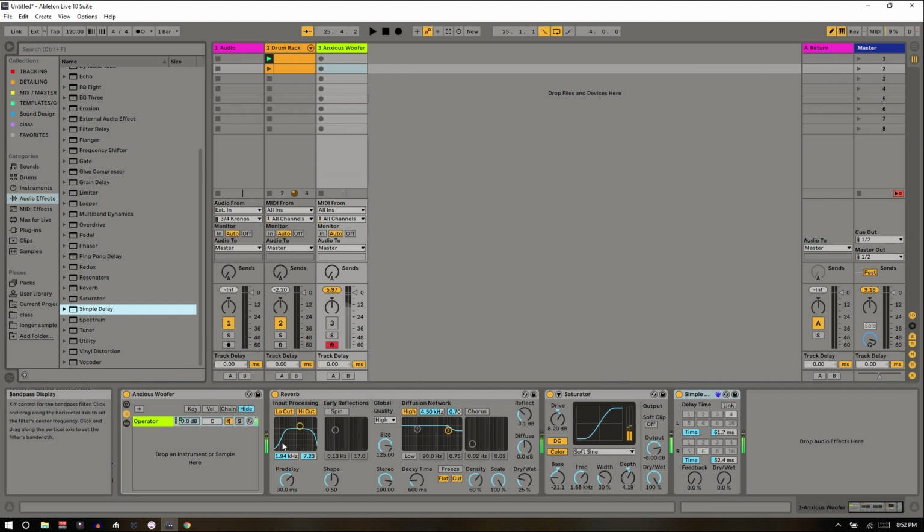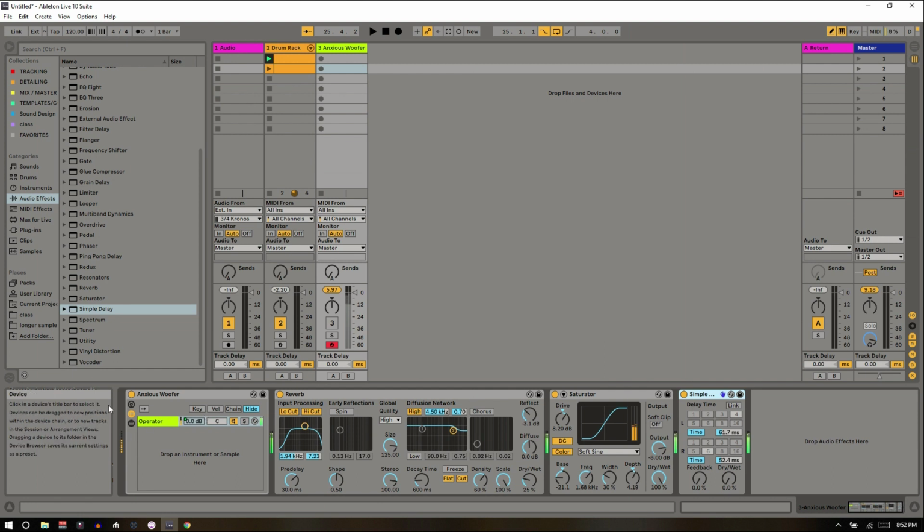Why aren't we getting sound? So you follow the green. It's like, okay, I've got the yellow dots coming in here. It's coming out of my instrument. That's green, so that's working. This is working. If you get to the end of your device chain, then it's going to go into your